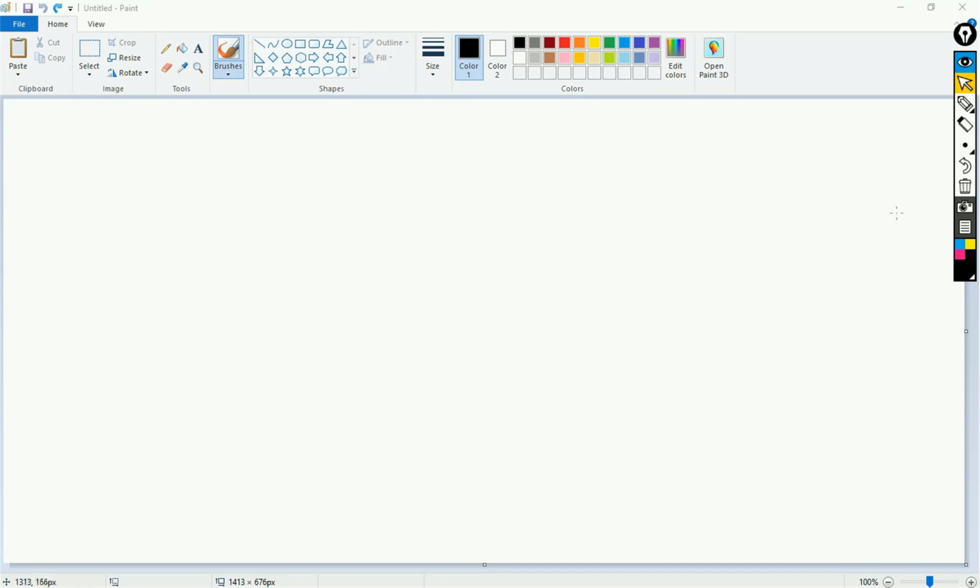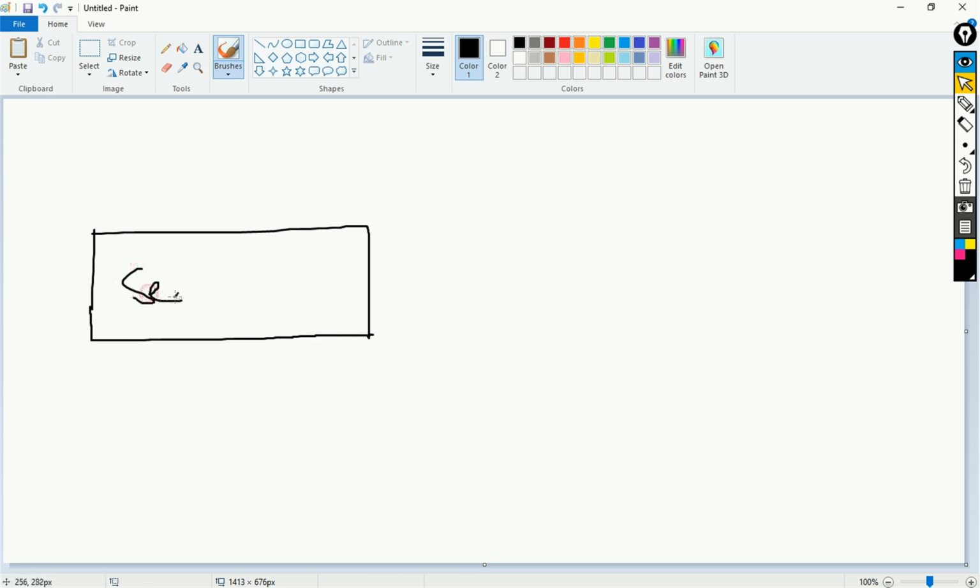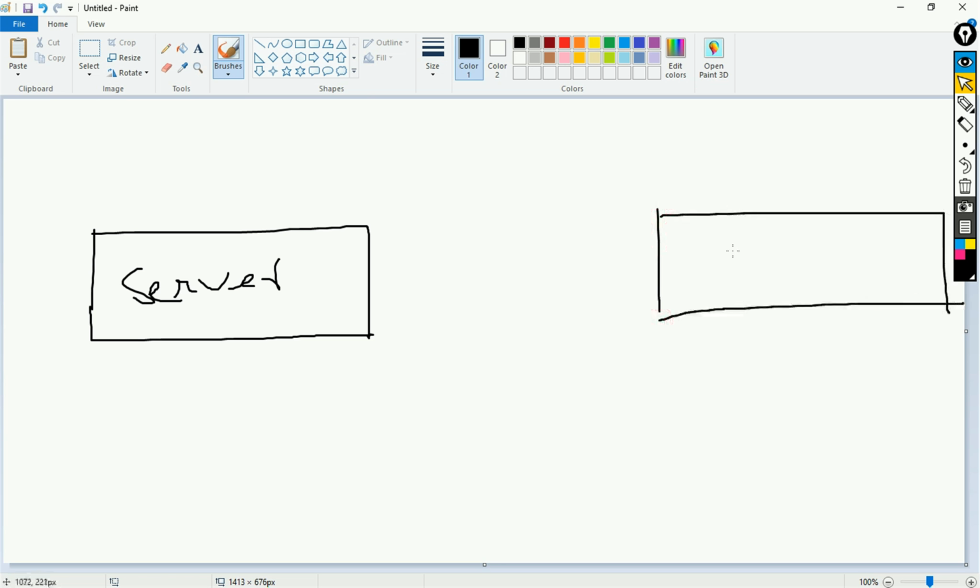So, let's take, okay. This is a server mode switch and this is a client mode switch. So in between these two it will be a trunk link. Okay,